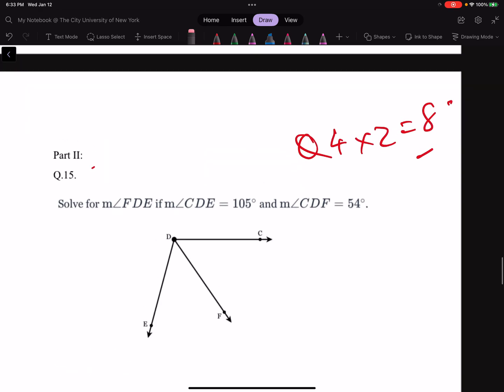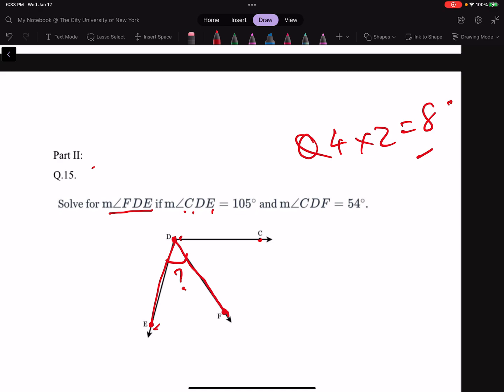If you see solve measure FDE. So where is my FDE? Look for that. F, D, and E. Okay, so I'll have to find out this one. If measure of